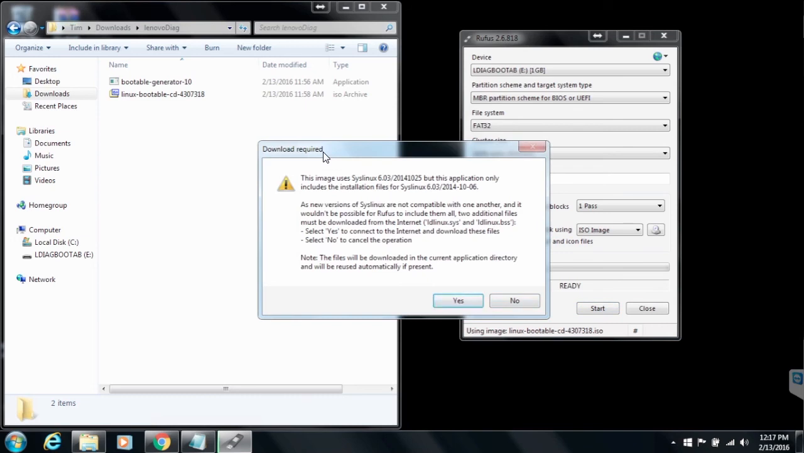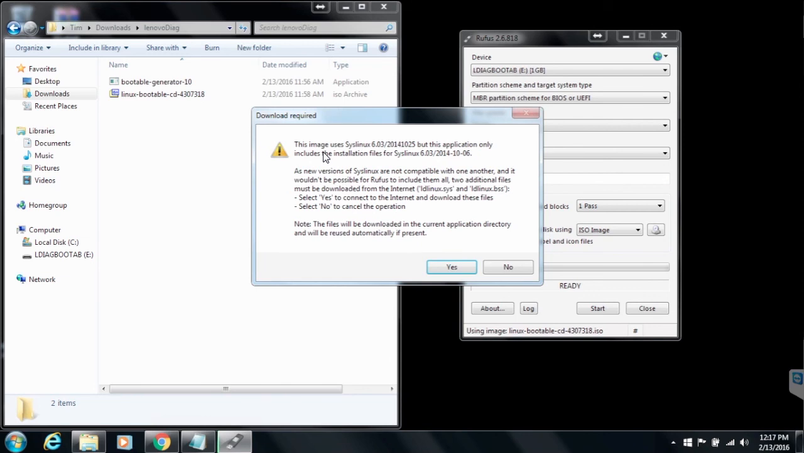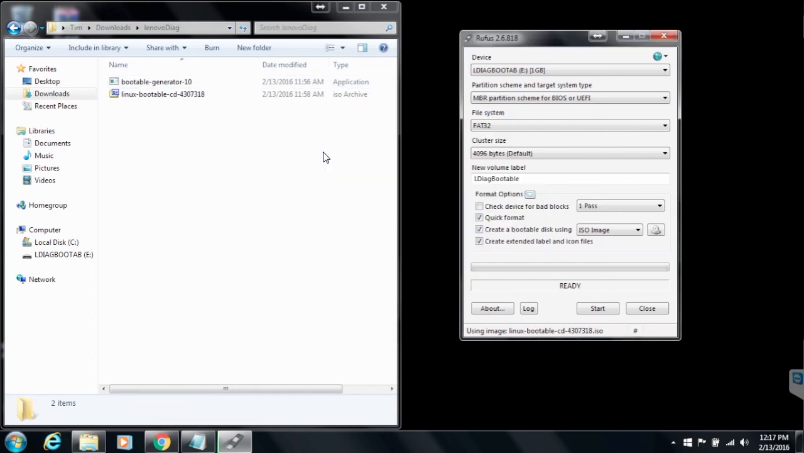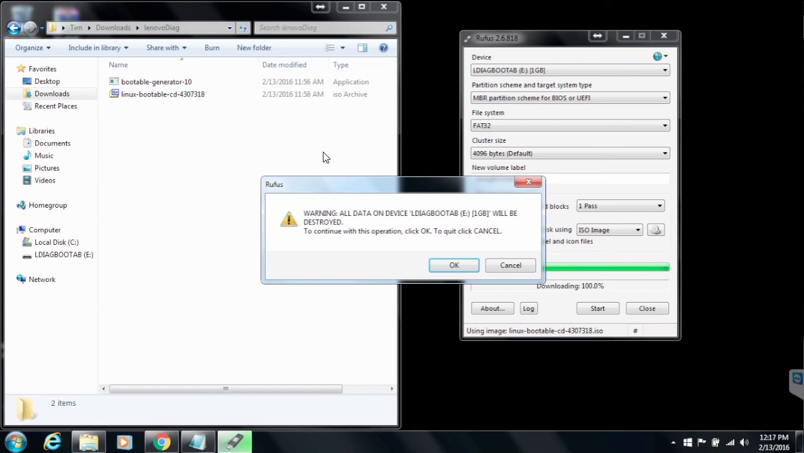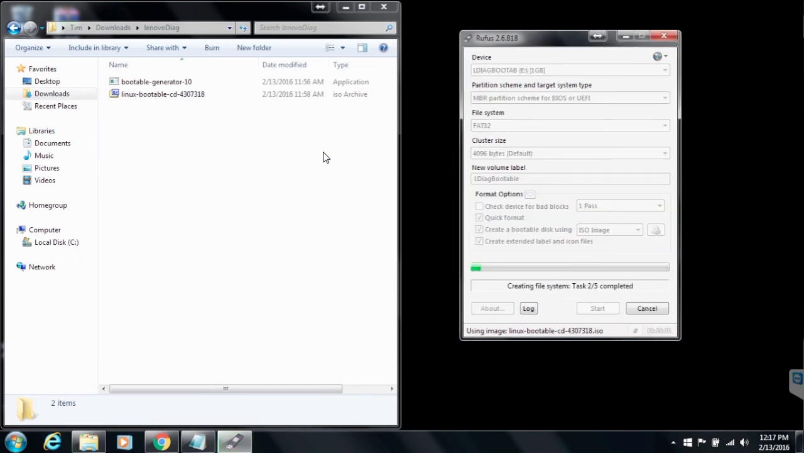So then this is the key. The image uses a file that's missing, that the bootable generator brings in as a new version. This is telling you to select yes to connect to the internet and download these files, and select no to cancel the operation. So you want to say yes here, because that's going to bring in the files that are missing. All data will be erased, hit OK, and that is off. So